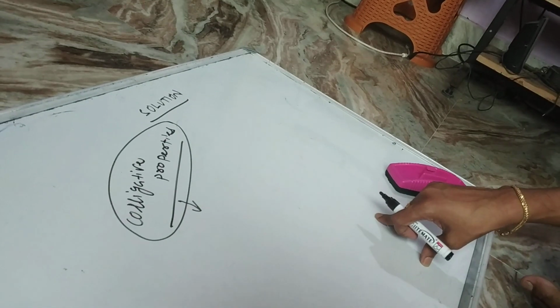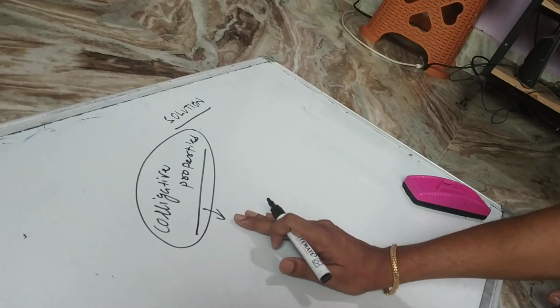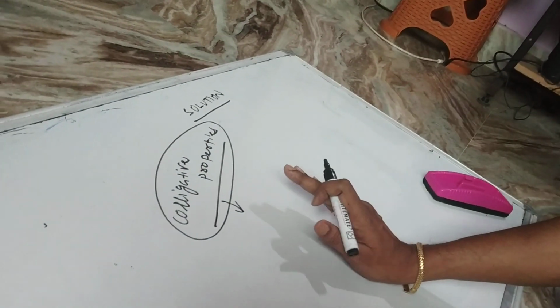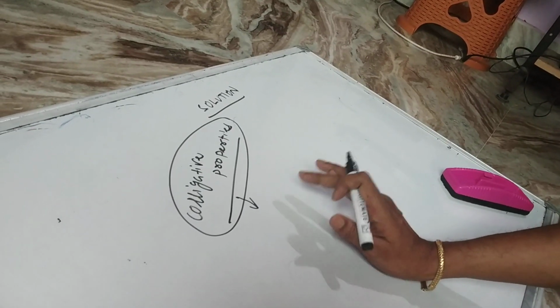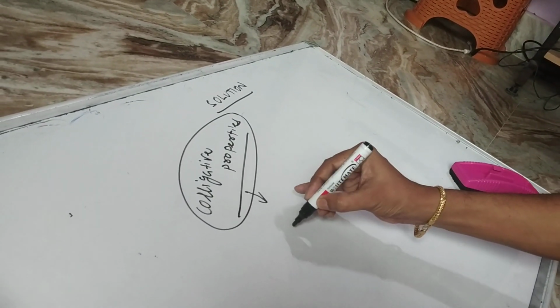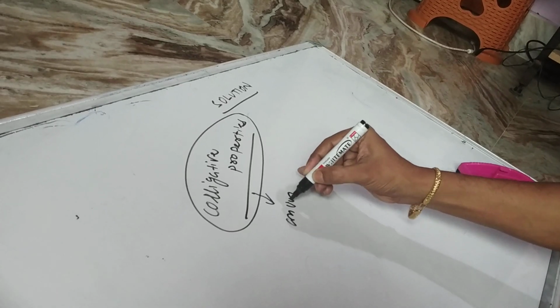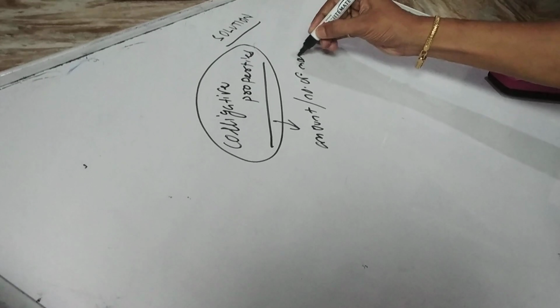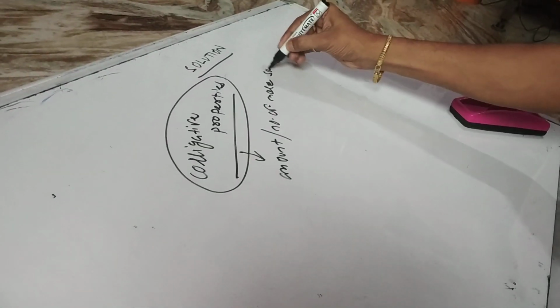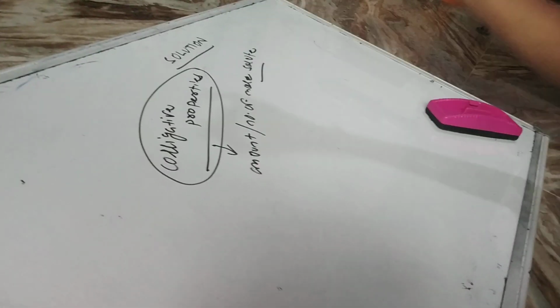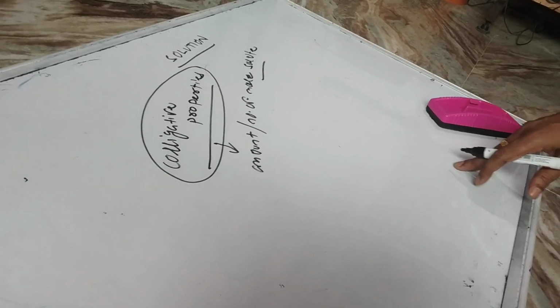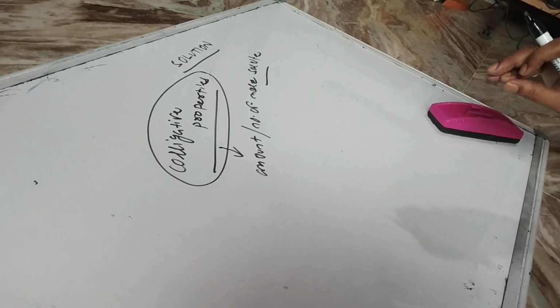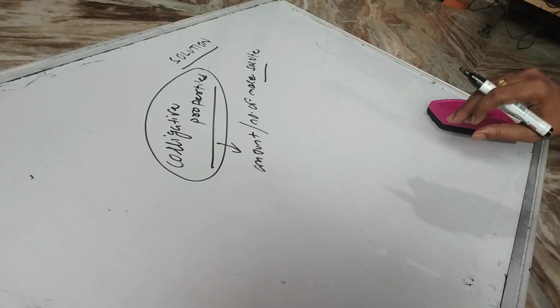We will go for the next part of the solution, that is the colligative properties. What is the meaning of colligative properties? It is the property of a non-volatile solution, meaning non-volatile solute present in a solution, which depends upon the amount or number of moles of solute present in it. It is independent of the nature of the solvent,